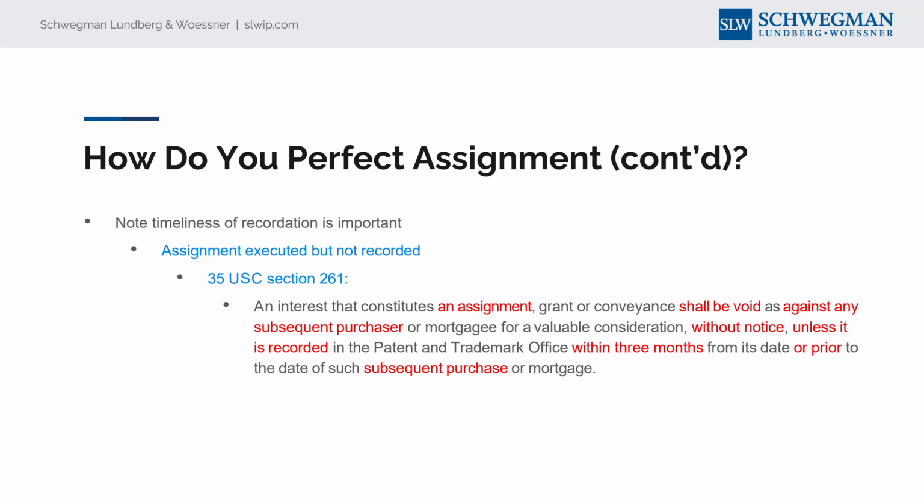Another question is how widely accepted are e-signatures on patent assignments? Another questioner commented that DocuSign may be okay on U.S. declarations too, but many foreign jurisdictions will not accept electronic signatures on assignments. So wondering if you could talk a little bit about e-signatures.